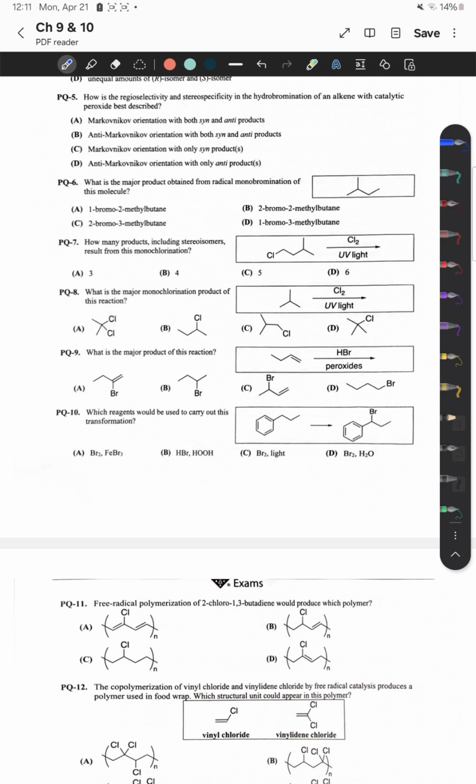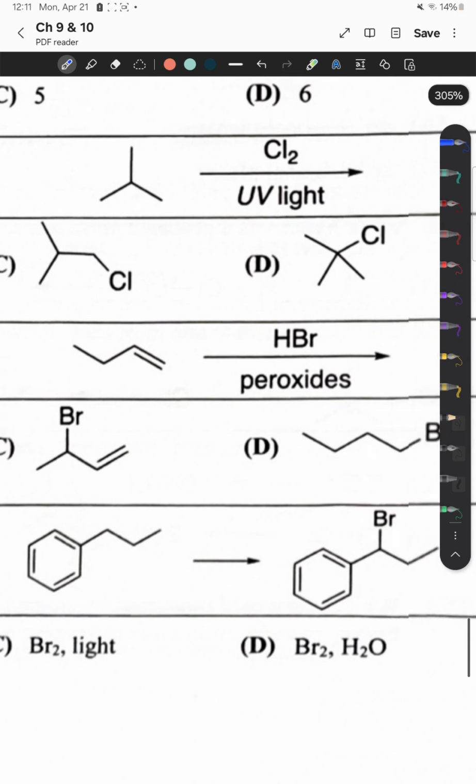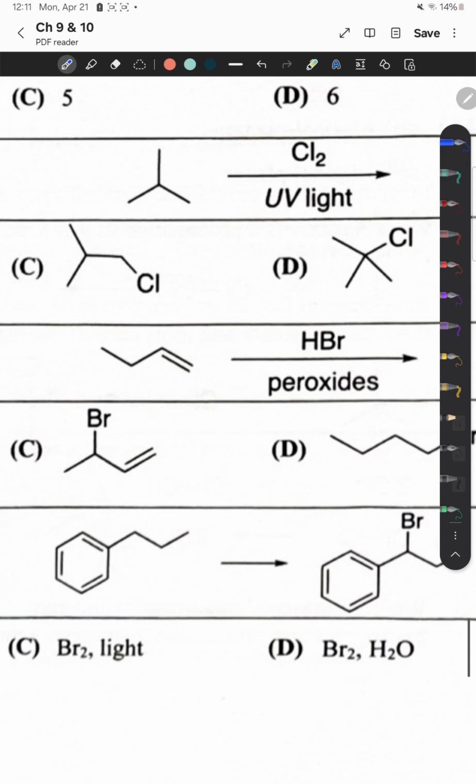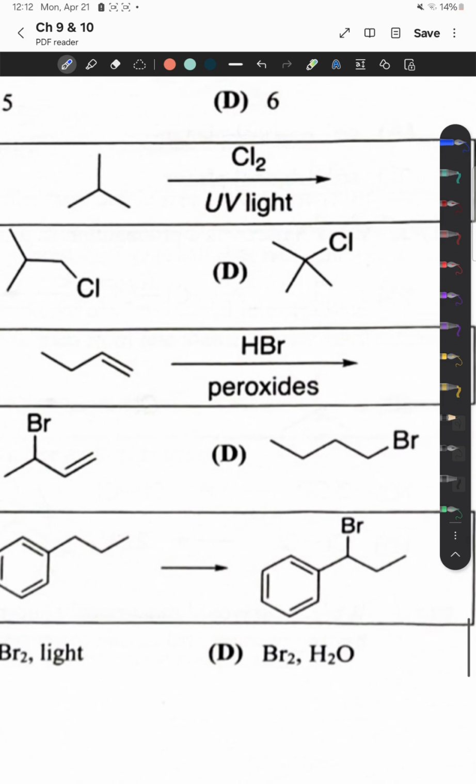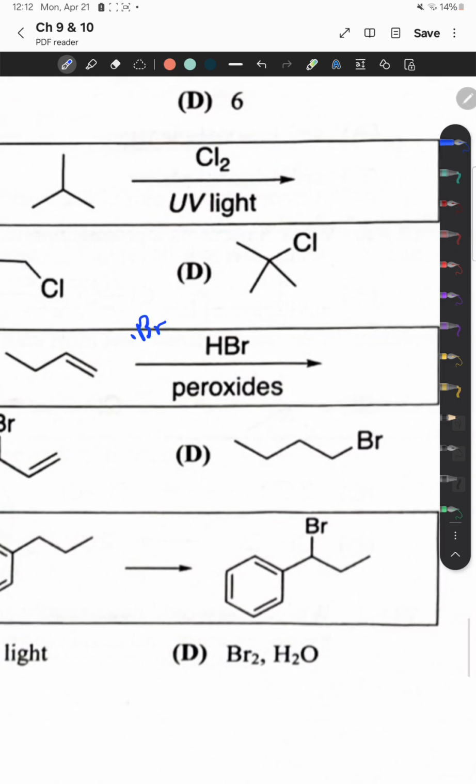The second question I have is question 9 from chapter 10 asking what is the major product of this reaction, and it has a butene reacting with HBr and peroxide. So usually if the peroxide wasn't there, we'd be doing a regular Markovnikov addition where the alkene would attach to the hydrogen, and then the hydrogen will go to the less substituted side, then the Br would attach to the more substituted side. But because we have peroxide in the mix, peroxide will actually generate a bromine radical, and so